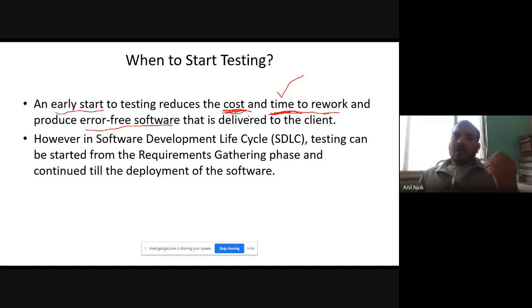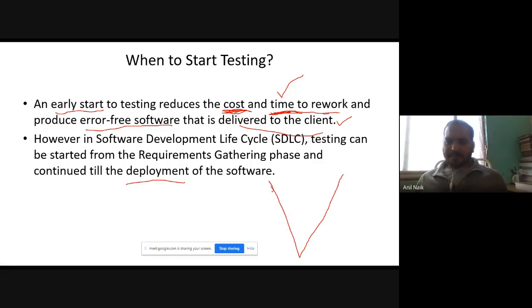So an early start to testing reduces the cost and time to rework and produces error-free software that is delivered to the client. However, in the software development lifecycle, testing can be started from the requirement gathering phase and continued till the deployment phase. So that is your V cycle. Here it's requirement, design, coding,